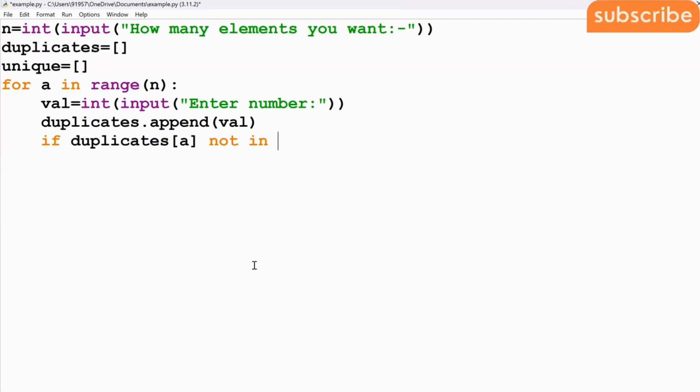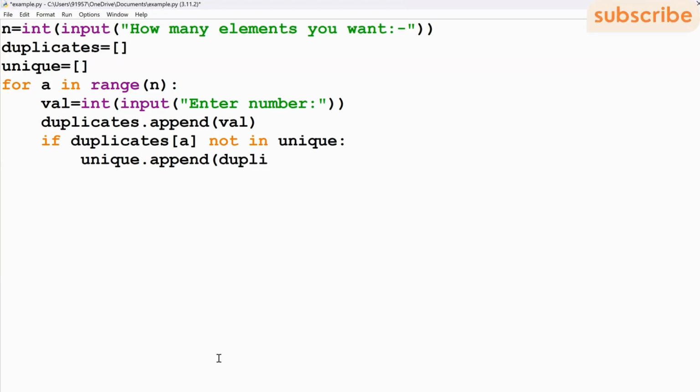If this is not in my empty list, this is my empty list unique, then it should append that. Okay, so how to append? The empty list dot append and the current element, which is duplicates A, will be added to the end of my unique list. So after this, I will come out of the loop and then I will print my